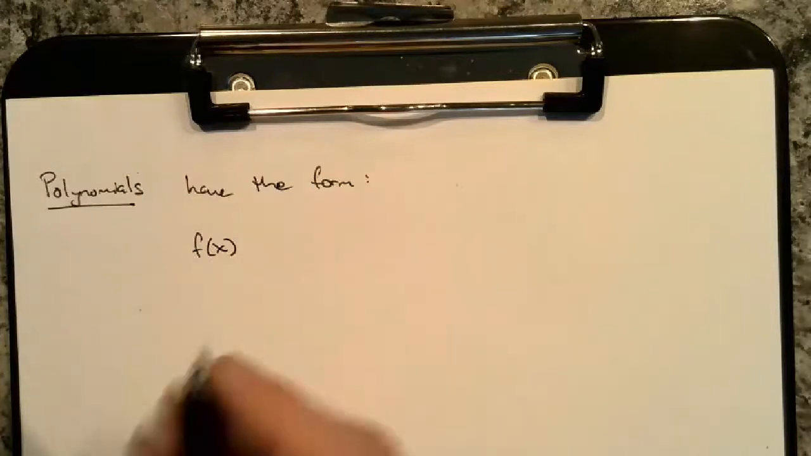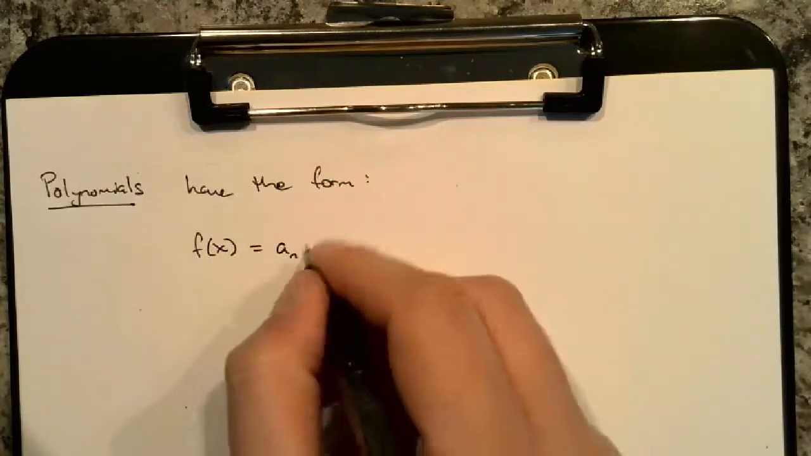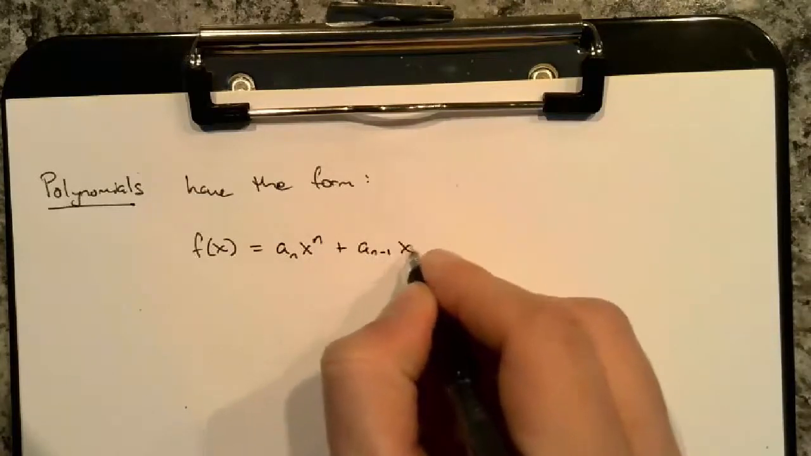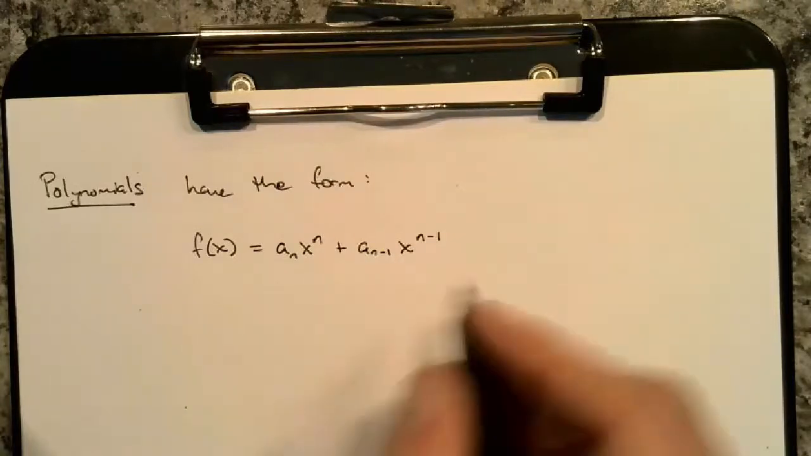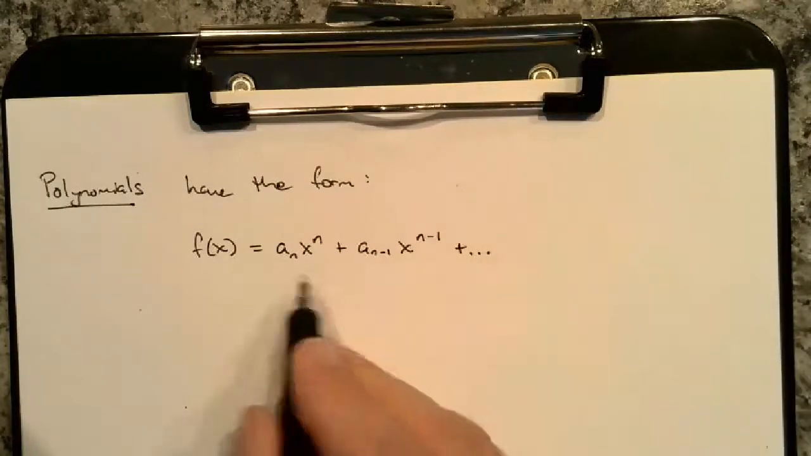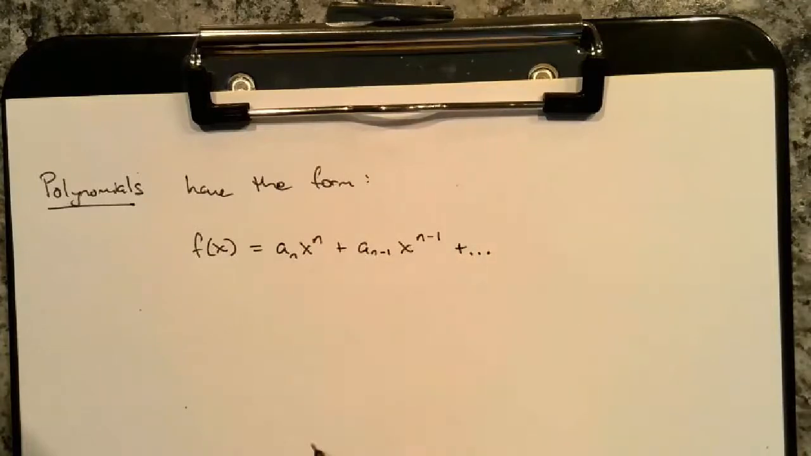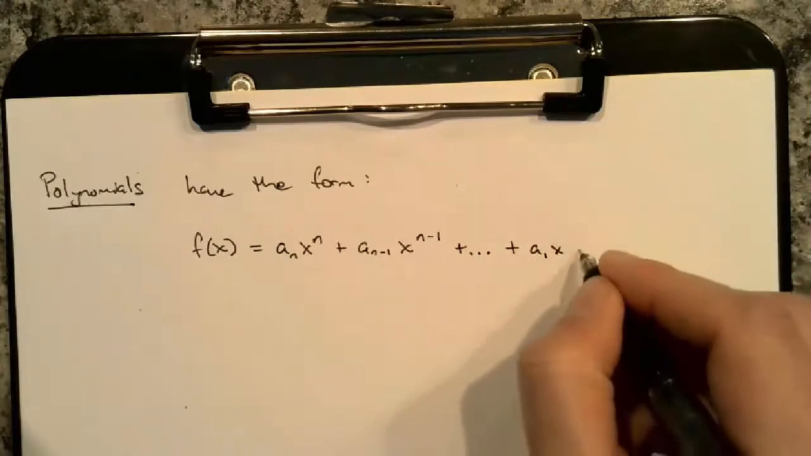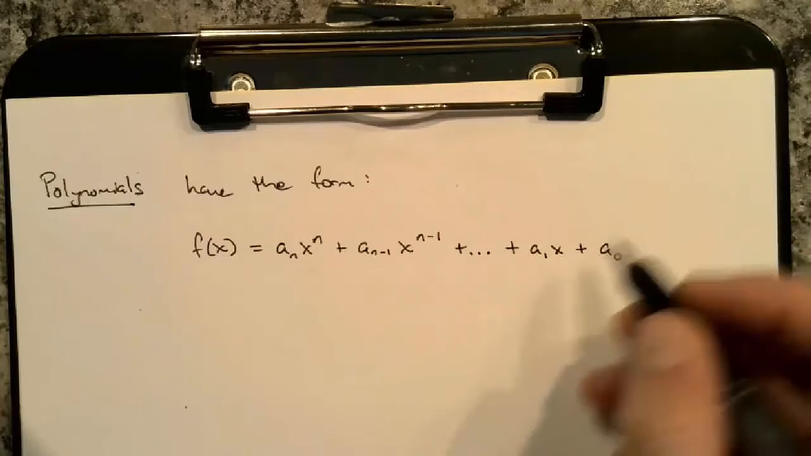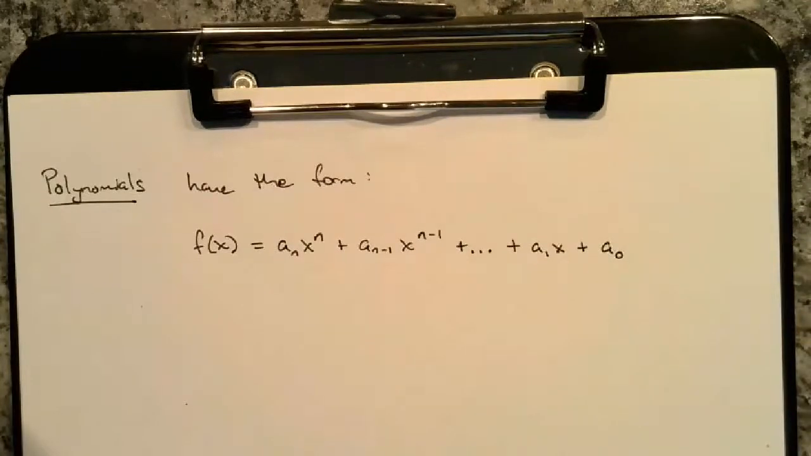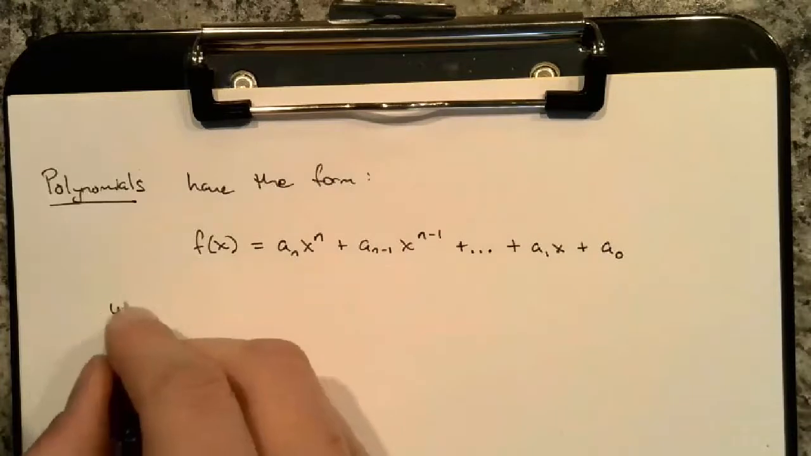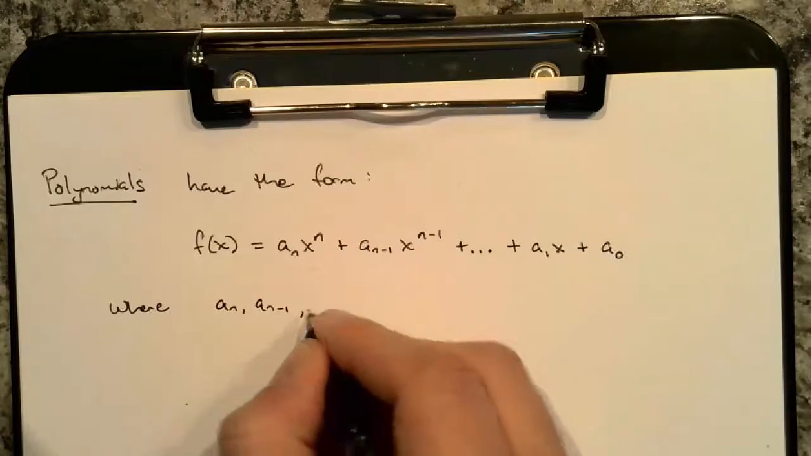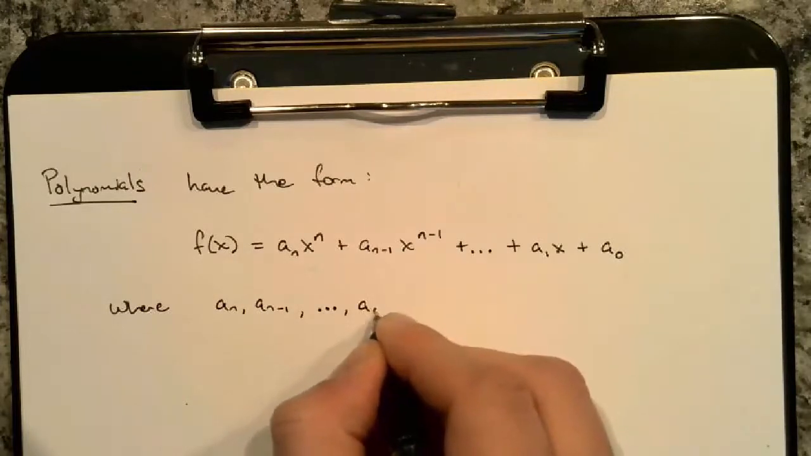F of x equals a sub n times x to the n plus a sub n minus 1 times x to the n minus 1 plus dot dot dot, following this pattern of the n's reducing by 1 all the way to a sub 1 x to the first power plus a sub 0, which would be x to the 0 power after it, but x to the 0 power is just 1. So where all these different a's, right, a sub n minus 1, dot dot dot, all the way to a sub 0